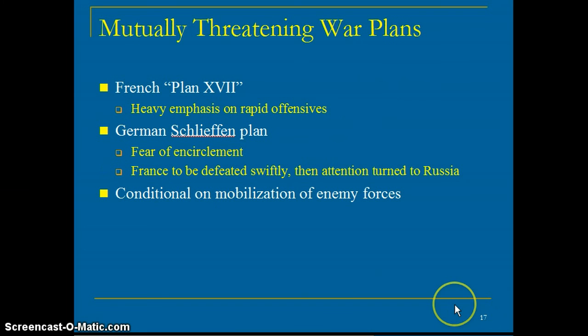And finally, we have the mutual threatening war plans. The French developed their plan called Plan XVII, which is basically attack, attack, attack, and the Germans have their Schlieffen Plan,